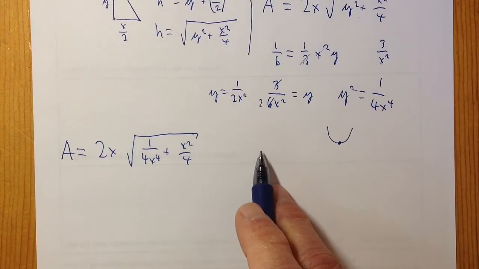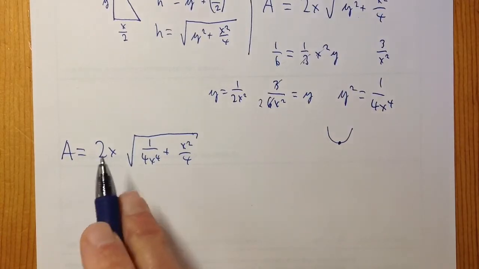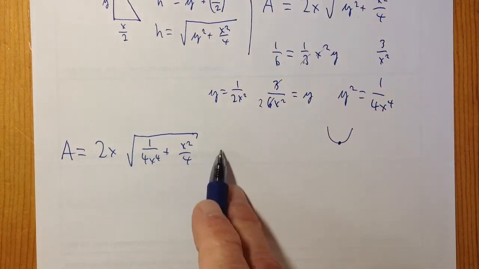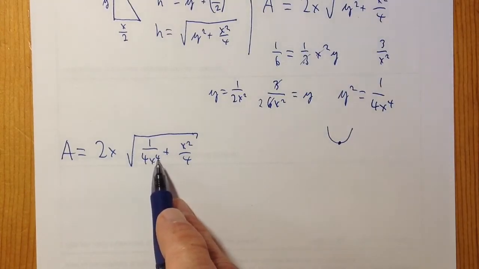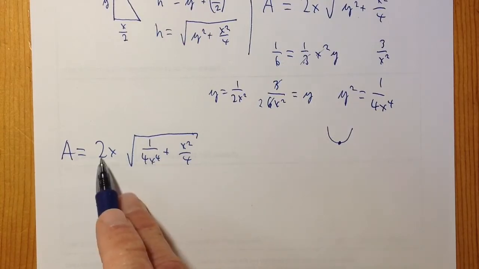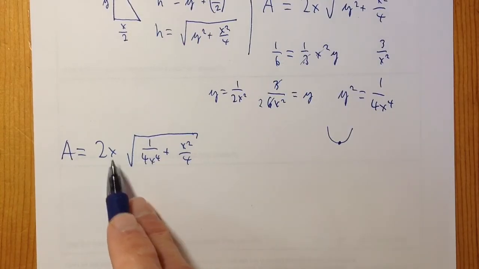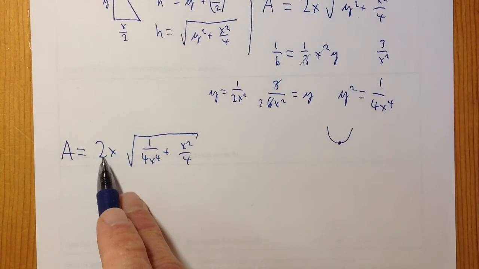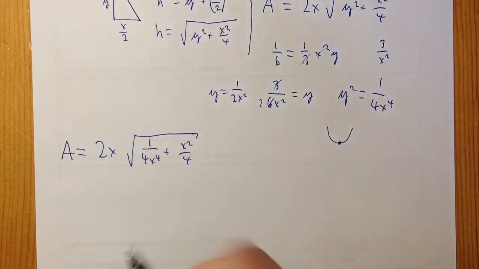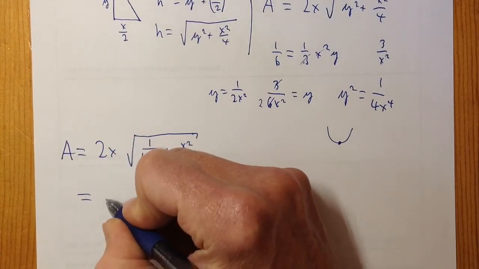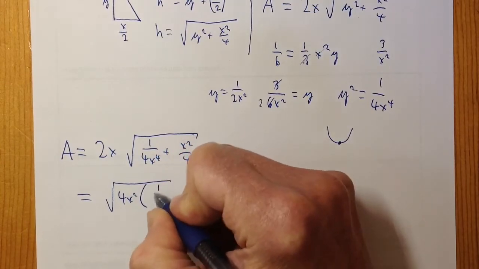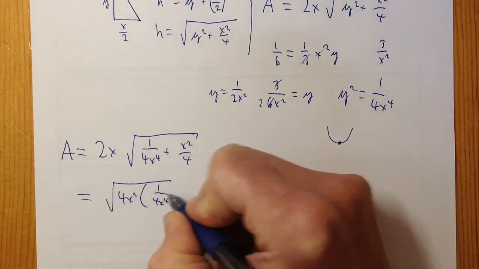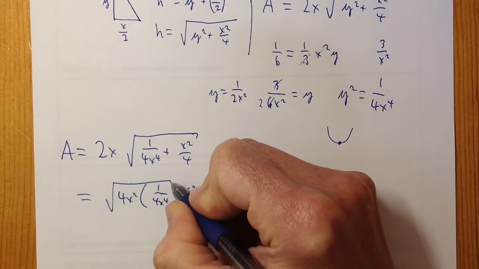But notice that looks like a mess because we have to use a product rule, the derivative of this times this plus this times that. I think it'd be easier if we put the 2x inside the square root right away and made it a 4x squared, right? Because the square root of 4x squared is 2x. If we put the 2x in the square root, we square it and put it inside the square root. So let's do that. So this is the same thing as the square root of 4x squared times 1 over 4x to the 4th plus x squared over 4,